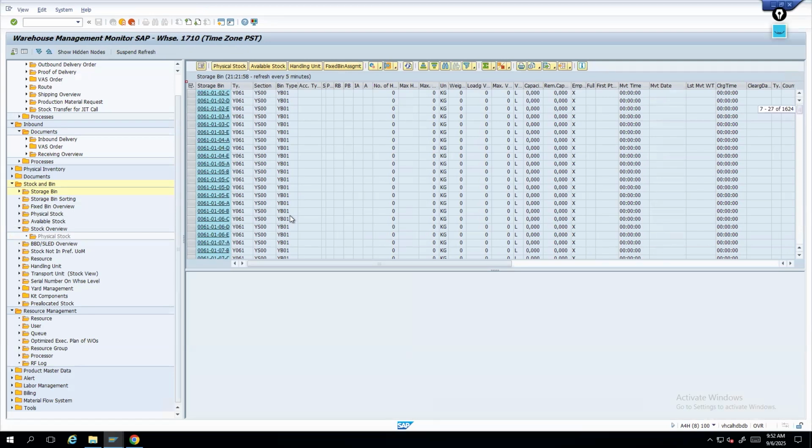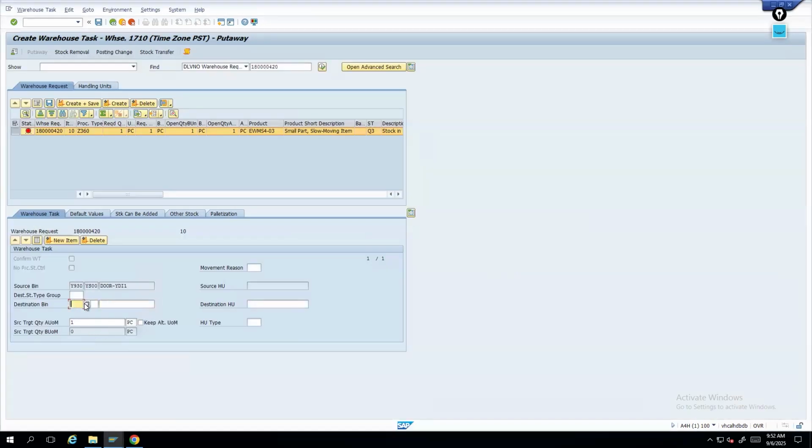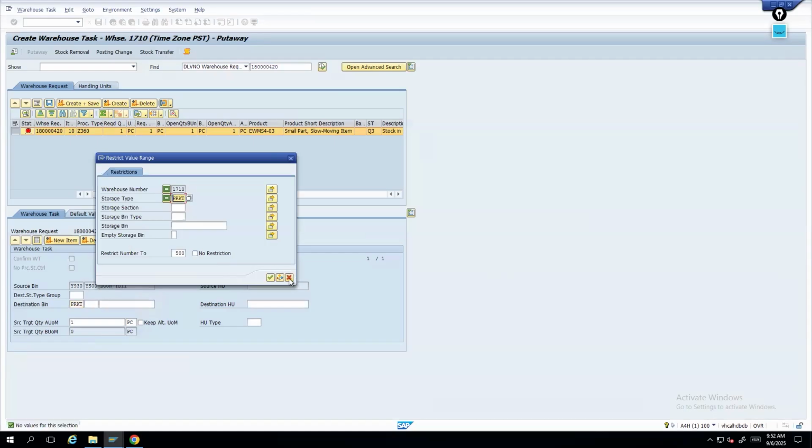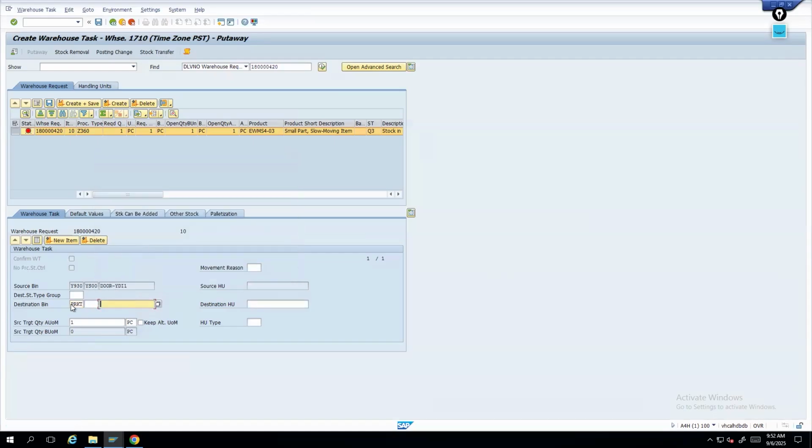The system has to check a specific one. Now let us say PRKT. In the PRKT storage type, I am checking in the warehouse in which storage type I can keep the material. So PRKT, I'll create one bin here for SCWM